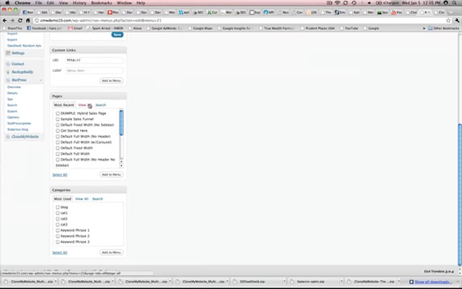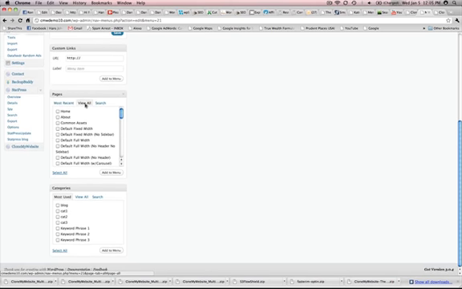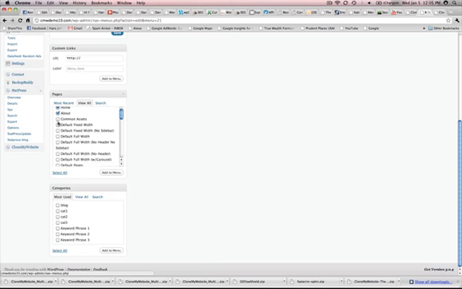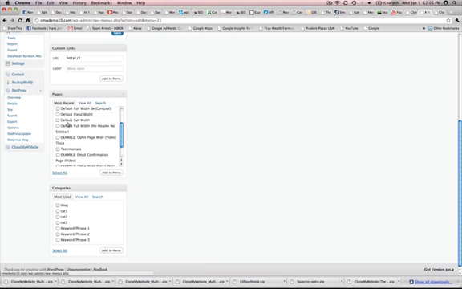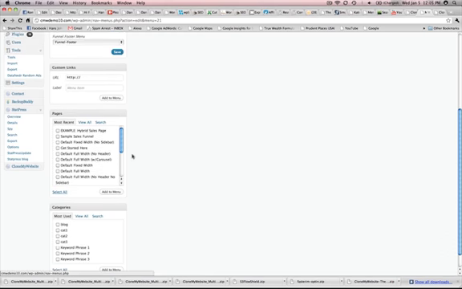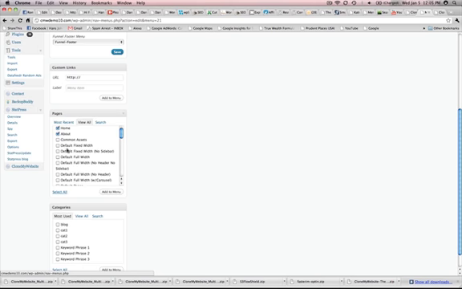We're just going to basically scroll down here, and you can simply start selecting the items that you want to show up. So if you go down to pages here and click on view all, you can see most recent, which is probably going to be the items that you just imported with the latest update. But under view all, you'll be able to see all your pages, and you can start adding those. Now these are example pages of template files,